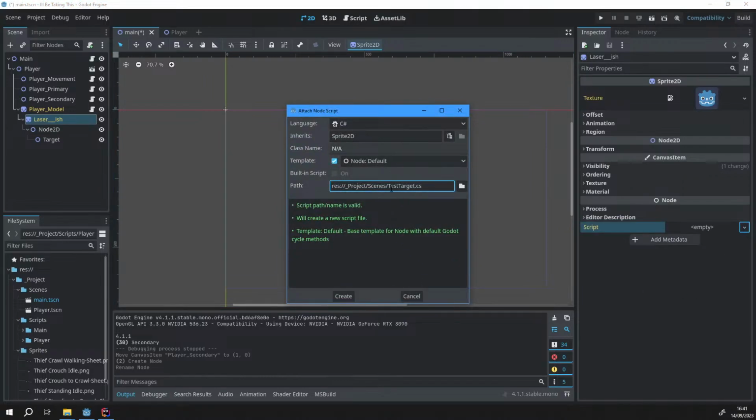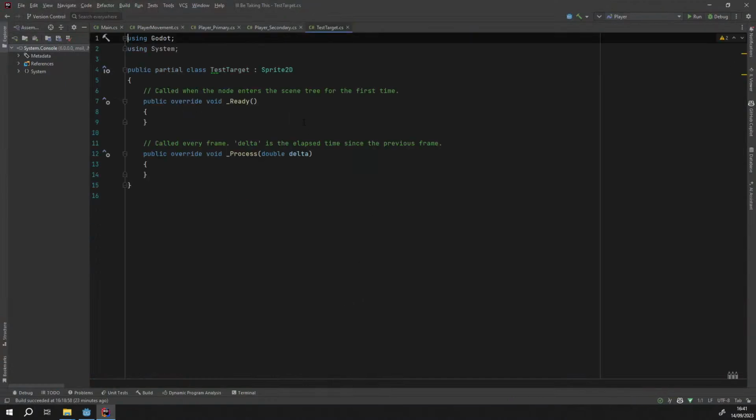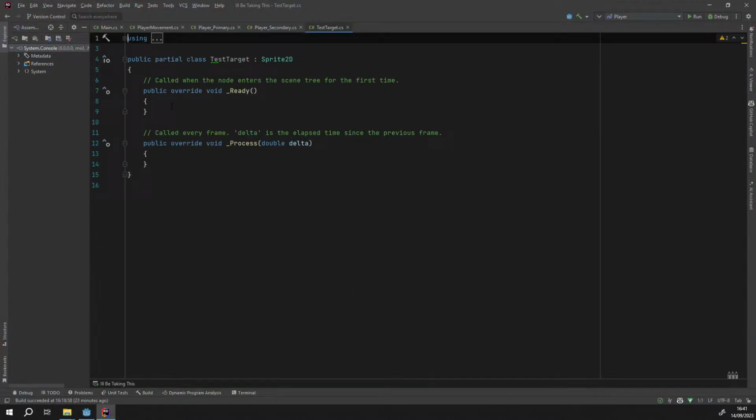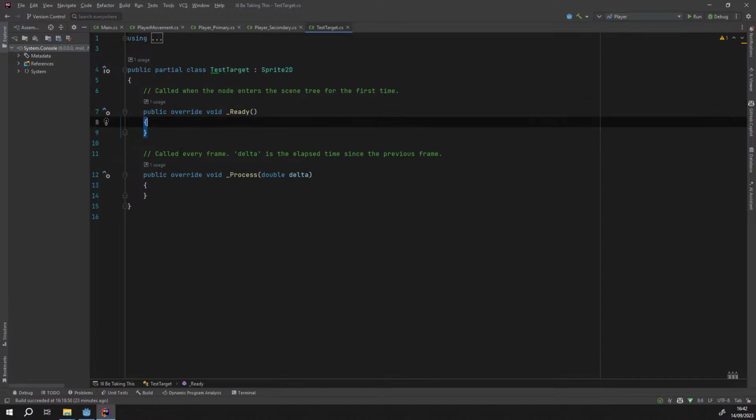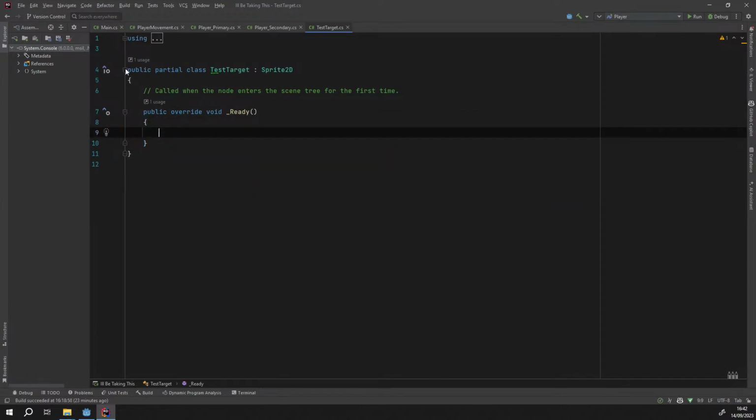Now, if you feel like this is becoming too hard to read, which it might actually become, you can give this target node a unique name. To give it one, you have to right click on it and then choose access as a unique name. If I click on that, we have a percentage sign on the right side of it. What this means is, if I now delete this path and drag the target node again in there, we are now getting a percentage sign and then the target. Although the result is going to be the same. We are still getting the target, which is